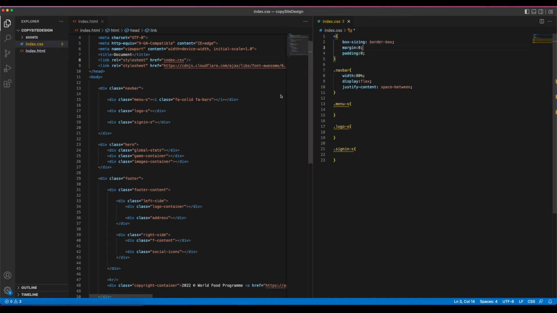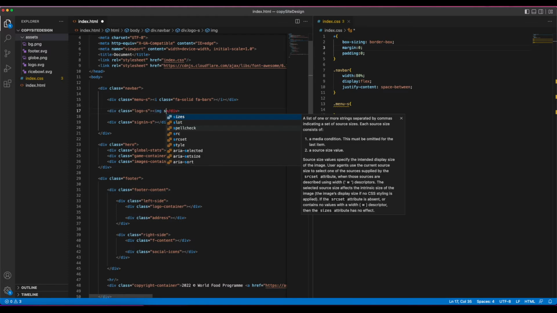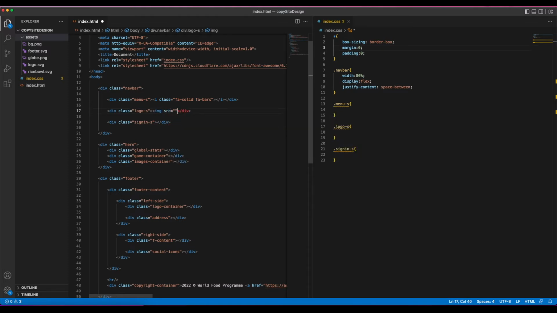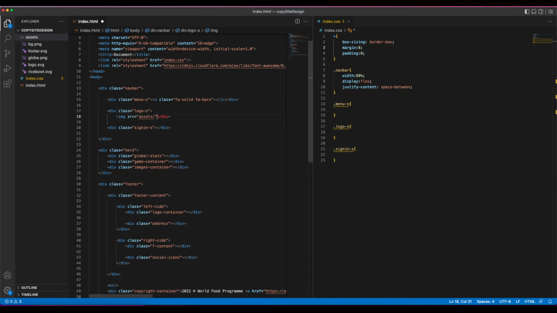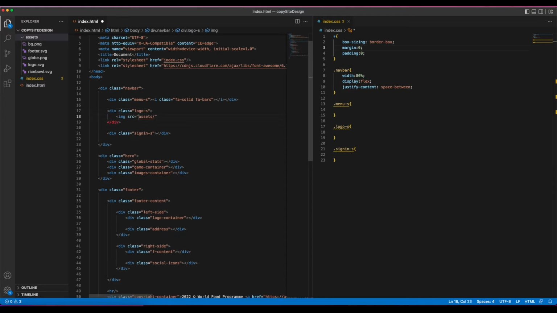We've got the nav bar, and we need to add the logo image here, I believe. So we've got that in the assets, the logo.svg. You should have saved this earlier. If you haven't, you can do that right now. And the source will be assets. Let's just separate into a new line so it's more readable. So you've got an image tag with the source assets logo.svg,